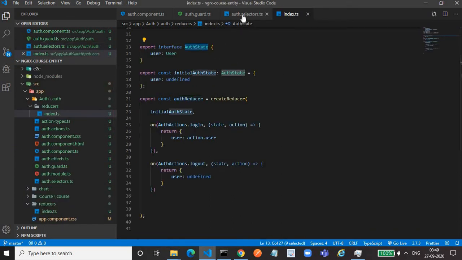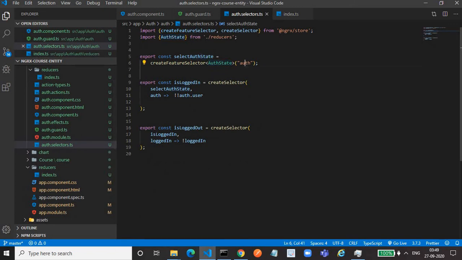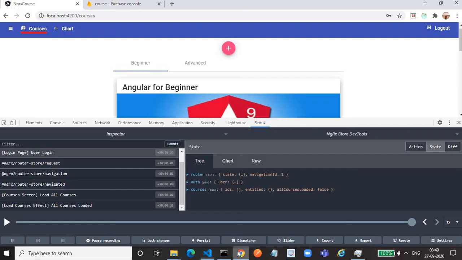We want to extract the auth slice, so that's why we have to mention the auth state. Once we get the auth slice, we are getting the entire data, but we are interested only in the user information, not the entire auth.